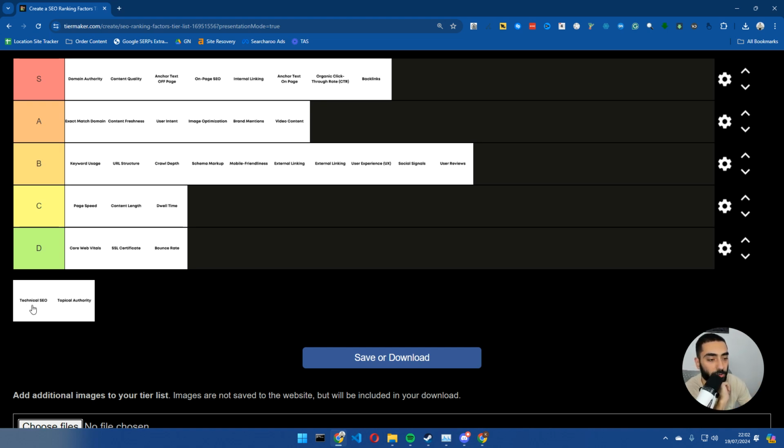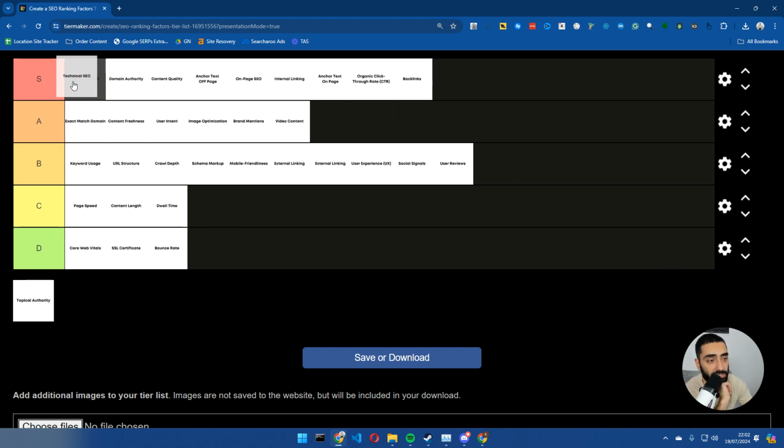The last two: we've got technical SEO. I'm going to put this as by far the most important. If you have a badly technically built website, for example if your website is set to noindex, of course Google's not even going to crawl it. If you have a load of 404 pages, double 301 pages, your crawl budget isn't optimized, all of that good stuff, you could have the best content and the best links, but Google's going to absolutely hate your website because you're wasting their crawl budget.